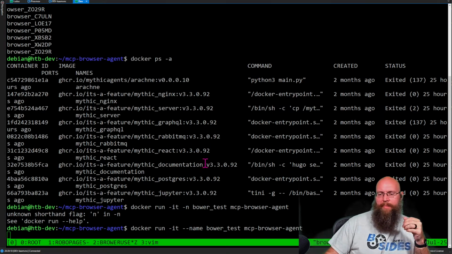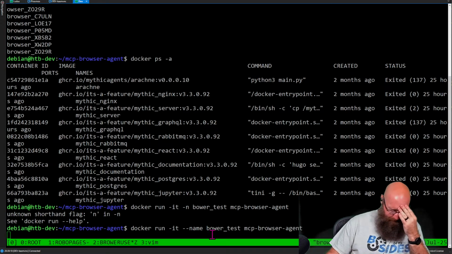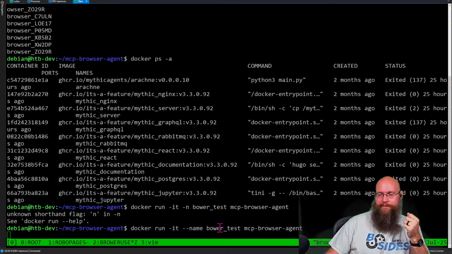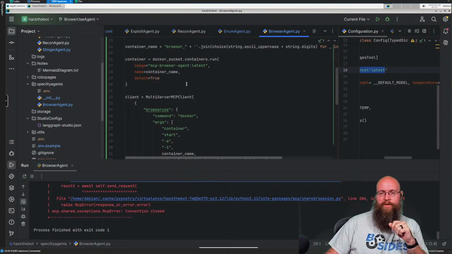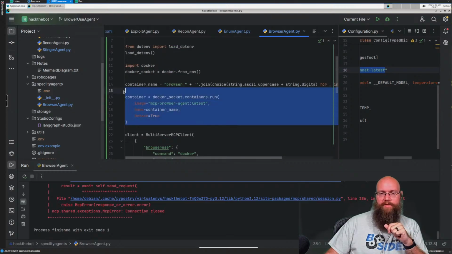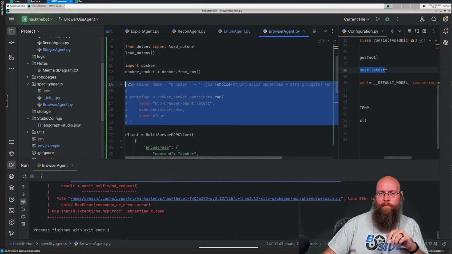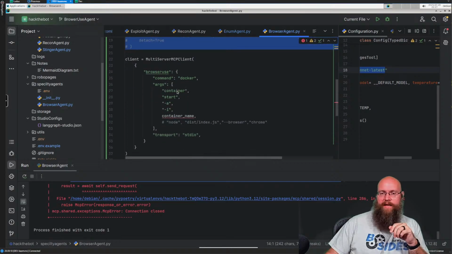All right, I'm going to bypass the stuff that's in there right now. I'm going to force it to use our test, because I can't spell. Jeez, it should have been browser test. Anyway, we're going to tell it to force this one, and we're going to attach over to it. So let's try this real quick. I'm going to comment this stuff out for now. We'll take this out, and then here,